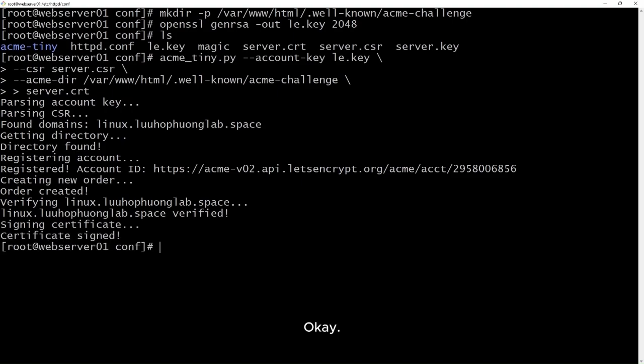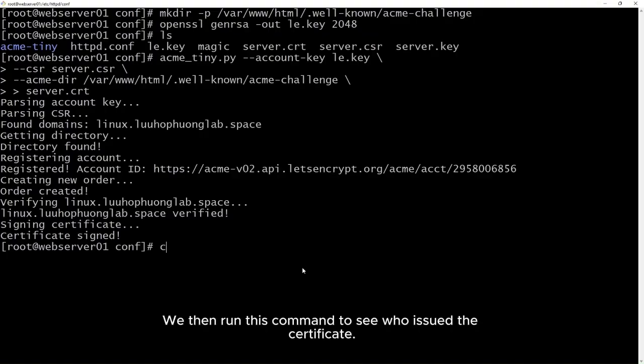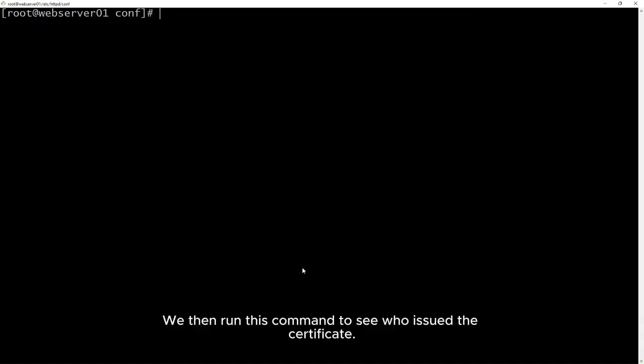We then run the command to see who issued the certificate